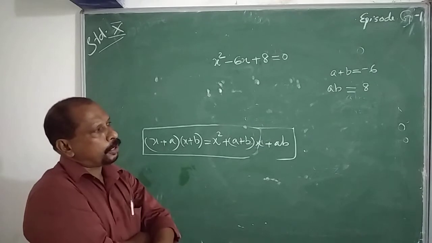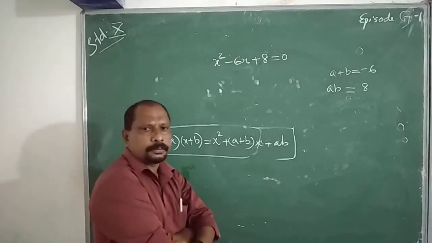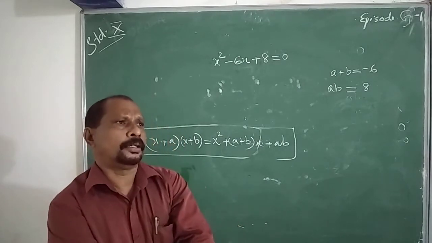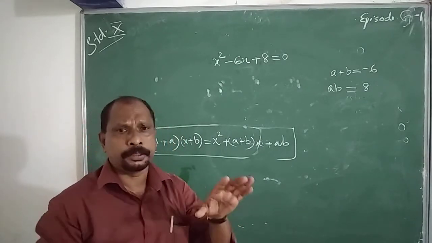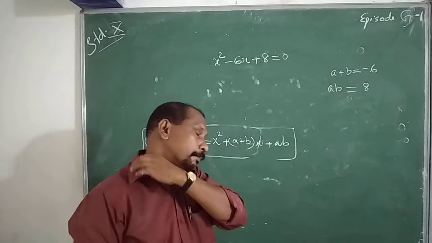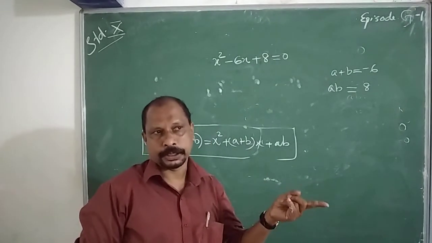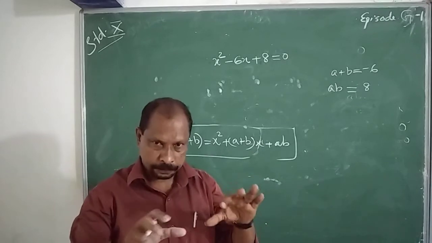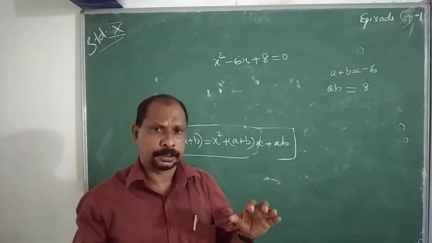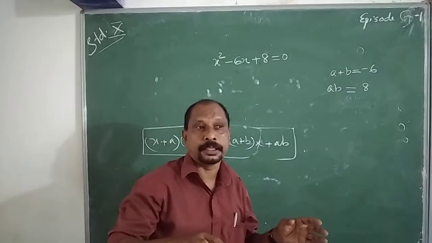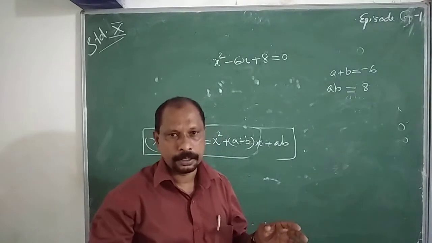Then the product is positive, the sum is negative. We know that plus is plus. Minus means add the sum and take the common sign. One is positive, other is negative. Take the difference between the numbers. We know the basic concept: the difference between the numbers, and the sign of the answer is the sign of the greatest number.